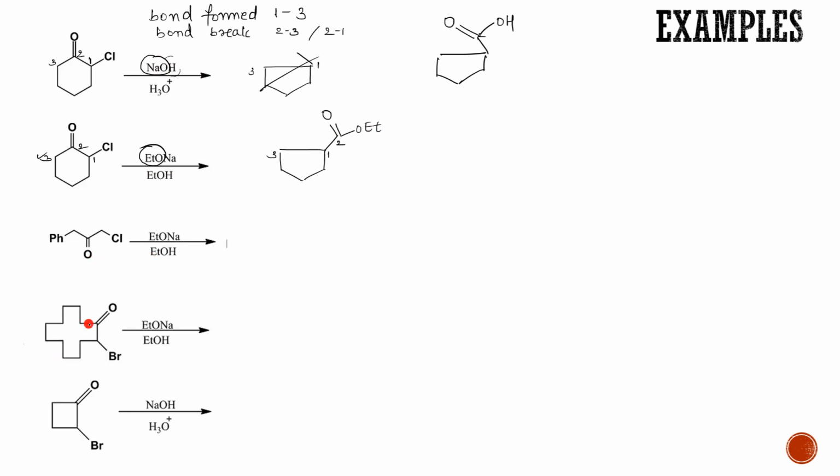Let's go for the cyclic one. See, everywhere you see the ring contraction. Similarly, now if you are used to it, you can try this out again. So 1, 2, 3, rest of the structure remains as it is. This was my first carbon. This is my third carbon. So bond is formed between 1 and 3. 2 and 3 breaks. This was the second carbon atom. So write that. And this is OEt. So don't take that metal. The rest of the structure you take.